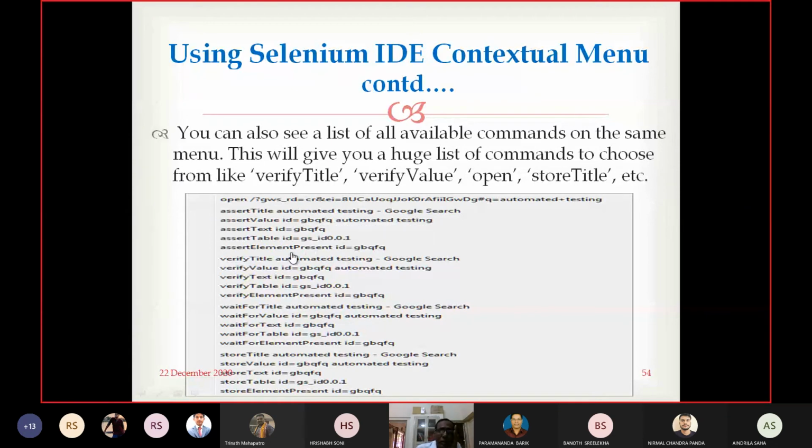Open, then verify title, verify value, verify text, verify table, verify element, wait, store title, like this. There's a huge list of commands. You can select the appropriate command for your work.